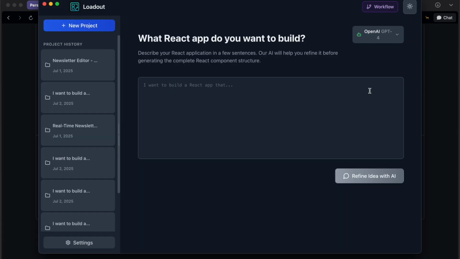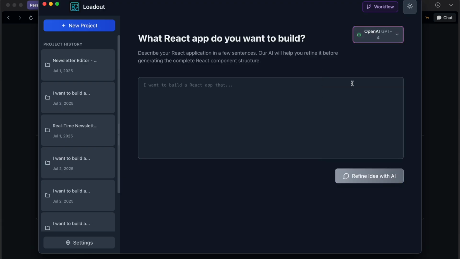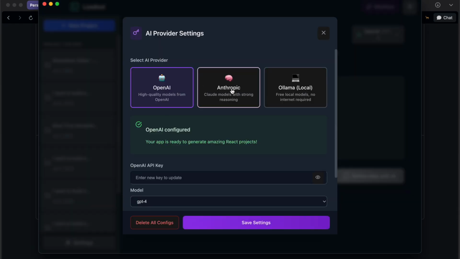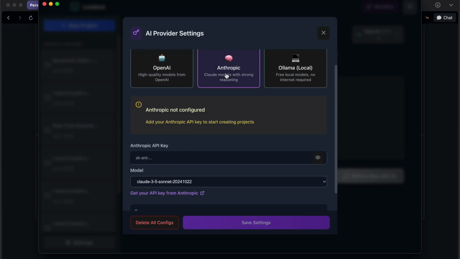Now we can look at all these different models we are able to use because I already have some configured. But what you can do is come over to settings down here, and this is where you actually configure all of your different AI models. You can put in your own API key for OpenAI and Anthropic, which on Mac, depending on the operating software, will be stored in a different place, but it uses